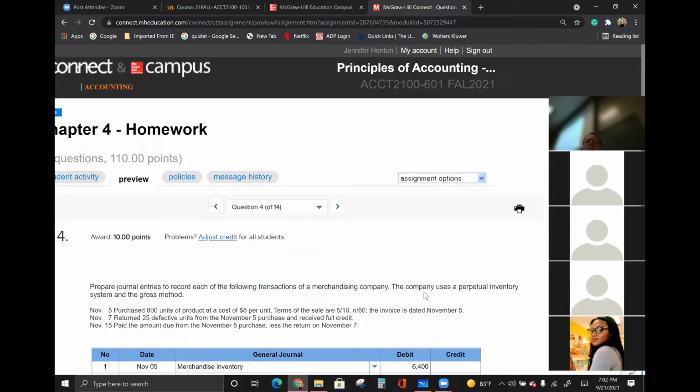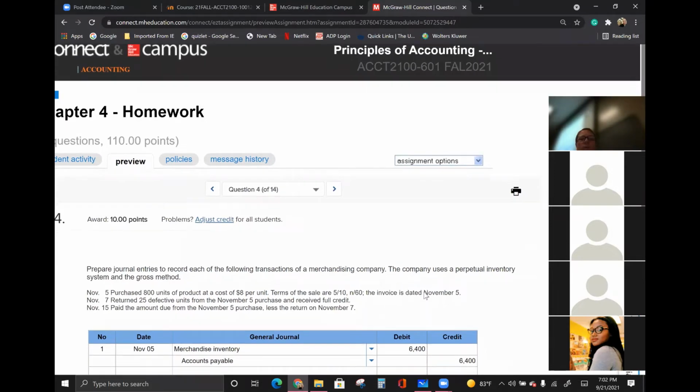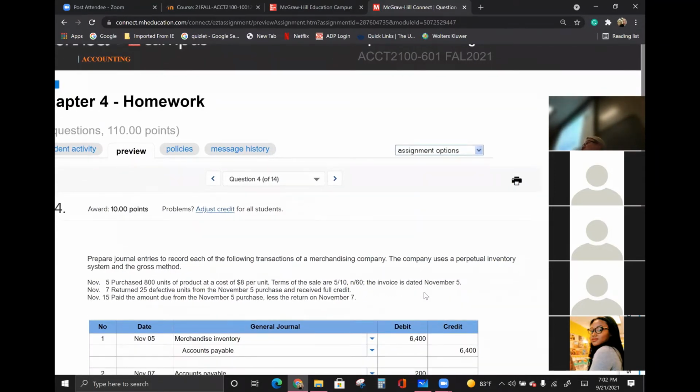Accounts payable. That's my credit, $6,400. So I'm putting it on the books. That's what I'm going to owe them. So in the real world, what'll happen is you'll have a source document, which is probably a purchase order that